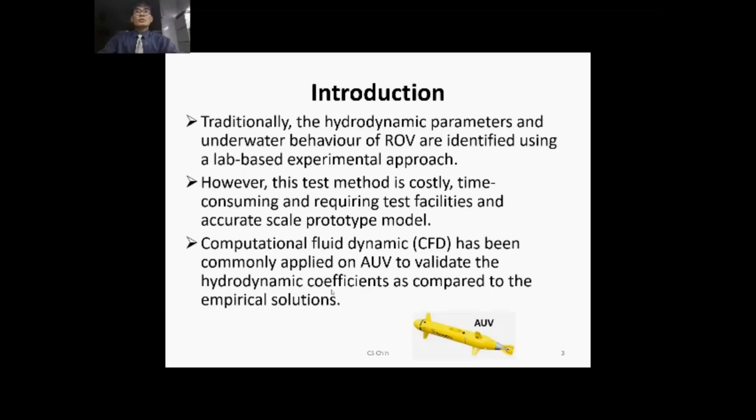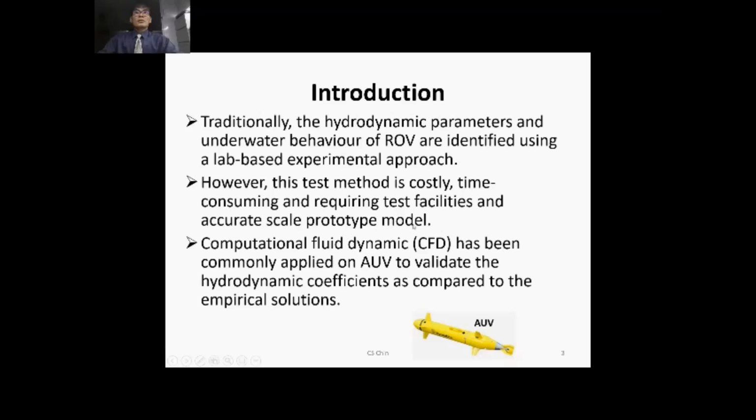Traditionally, the hydrodynamics parameters and the underwater behaviors of the remotely operated vehicles are identified using the lab-based experimental approach. So in order to find out the models, we need to use good facilities to measure the parameters of the ROVs. However, this is quite costly, time-consuming, and requires, as I mentioned, test facilities. And not only that, you need to calibrate and you need to have very accurate scale prototype models